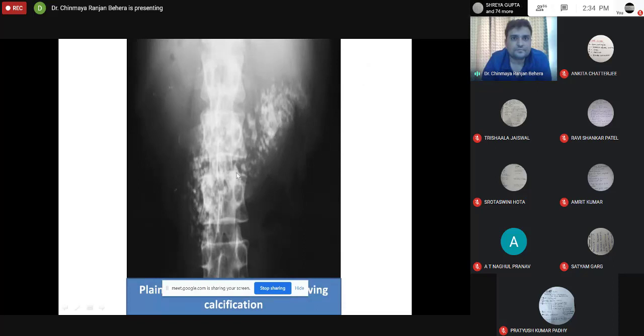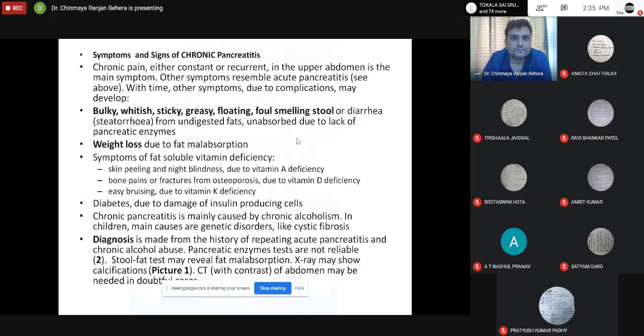From the right side to the left side at the level of L2. So this is a feature characteristic of chronic calcific pancreatitis. This is the area of the pancreas. In the area of the pancreas, when you see calcification, that suggests it is a case of chronic calcific pancreatitis. These patients usually present with chronic pain in the abdomen and bulky, white, sticky, greasy,